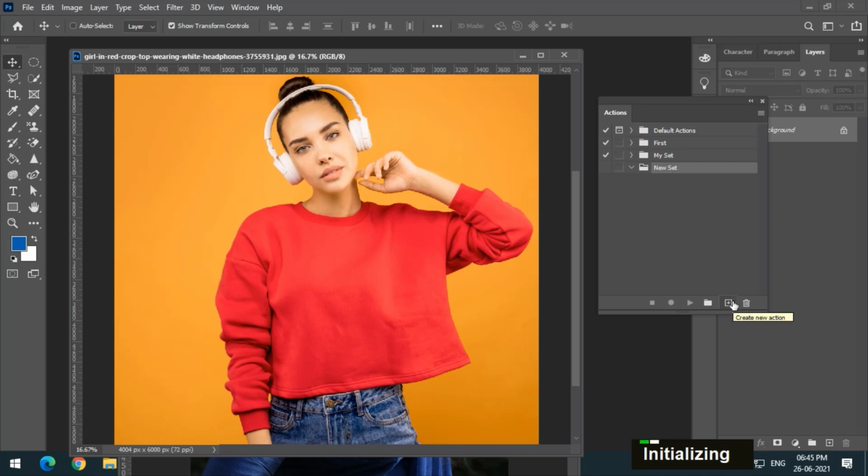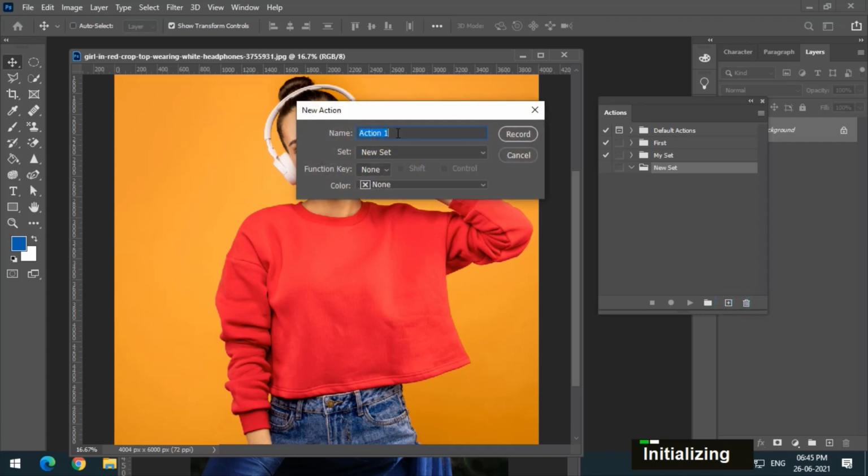So just click on this plus icon. Let's say I name it new action, a simple name. Then we can choose the set. These are the already created sets, so we can choose the old sets or the set that I just created, which is new set. I will choose that.